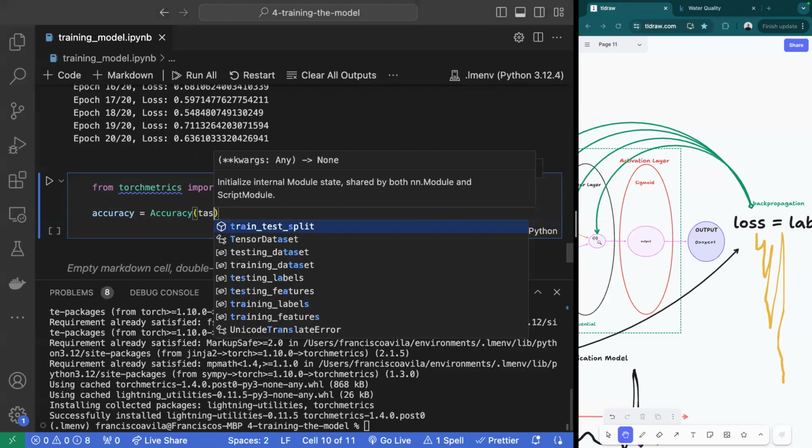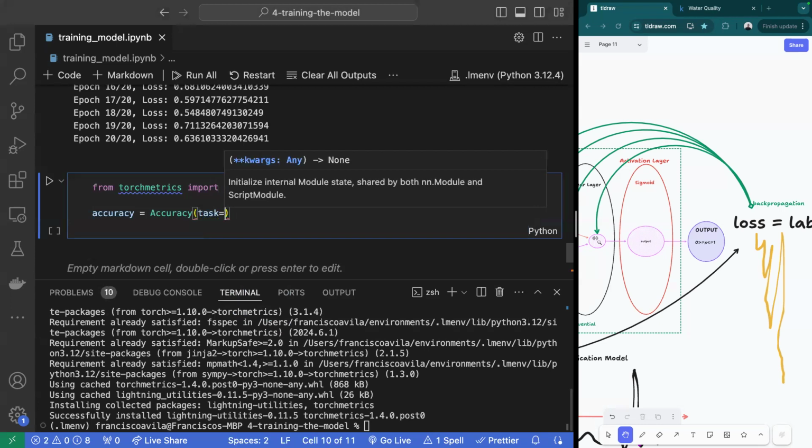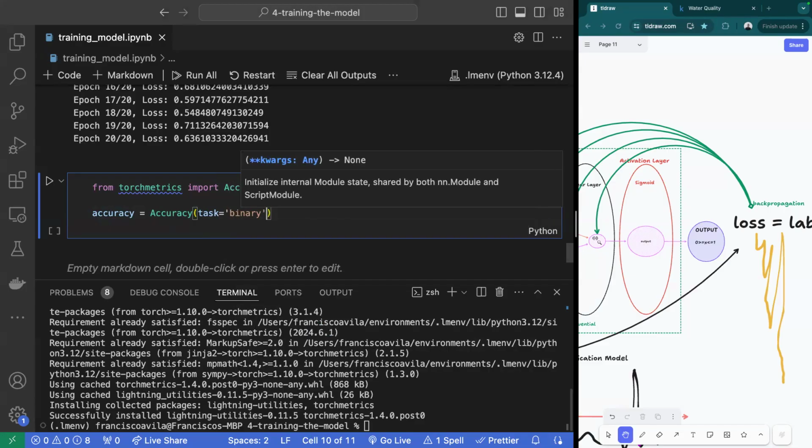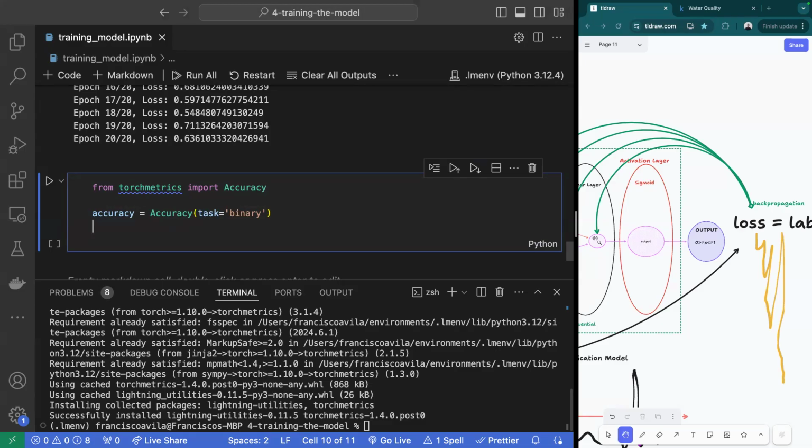And this instance takes in one argument named task. What kind of model is it measuring accuracy for? Well, in our case, we can look at the top 3 options here. I am not working with a multi-classification model. I am working with a binary classification model. All right. So I want to measure how accurate my